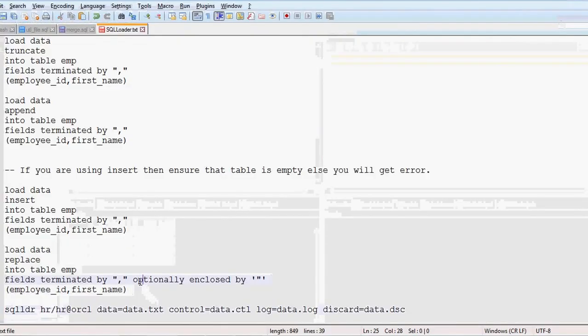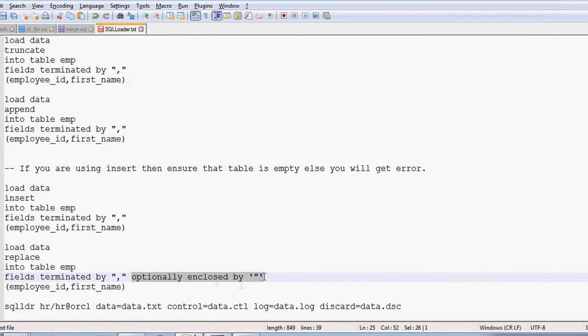And here, if you see, optionally enclosed by double quotes.